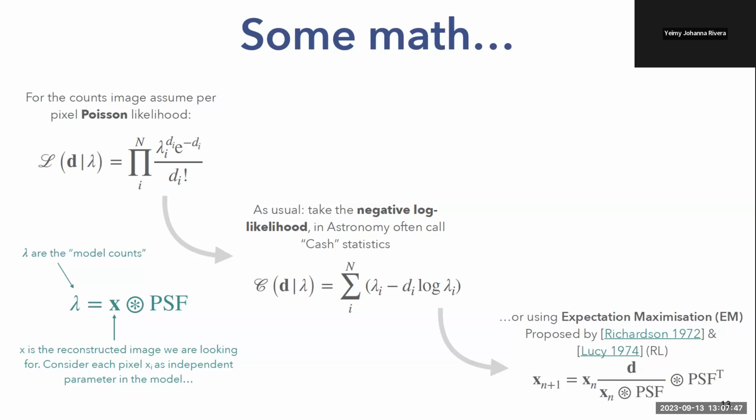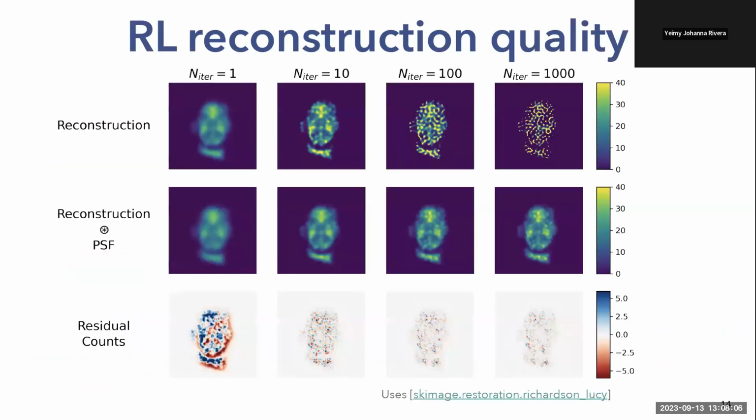An alternative method for this is called the expectation maximization algorithm. And this was actually proposed by Richardson and Lucy. And this is probably also the term that you've heard before for deconvolution. I think one of the baseline standard methods is the Richardson-Lucy deconvolution. Maybe you've also already used it in your work. So the problem with this Richardson-Lucy method is the following.